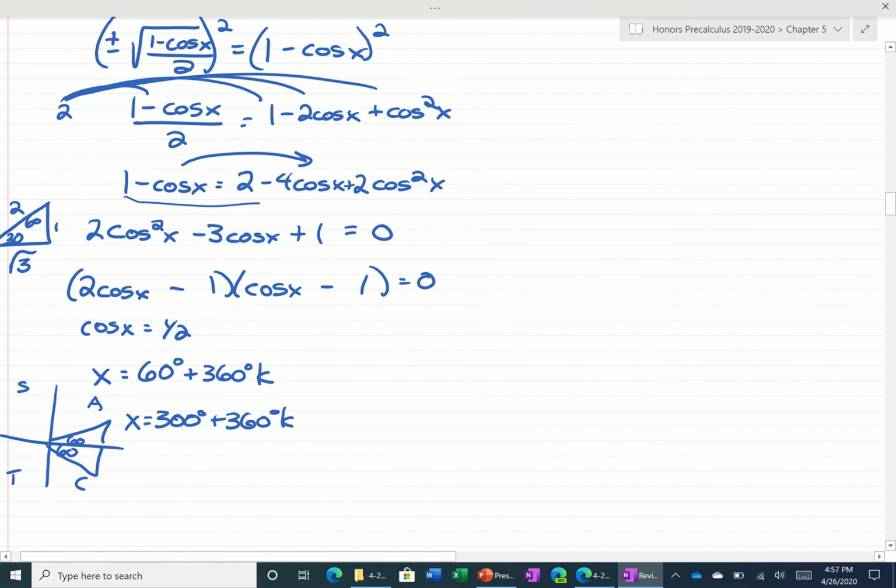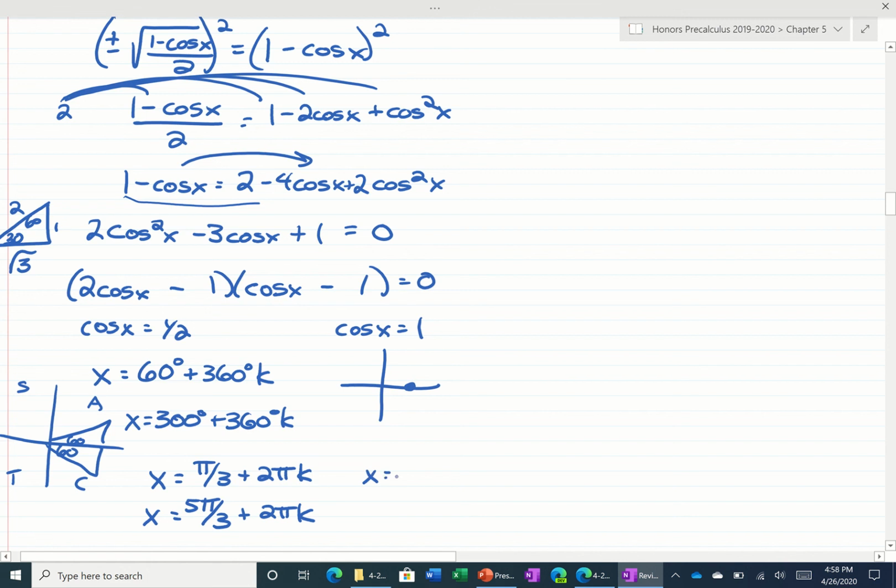And it looks like we have x here, so x means we should use radians. So 60 degrees in radians is pi over 3. And 300 in radians is, let's see, 300 is 5 pi over 3. Now, when is cosine of x equal to 1? Well, that's the x value, so it's 1 right here, it's 0. X would be 0